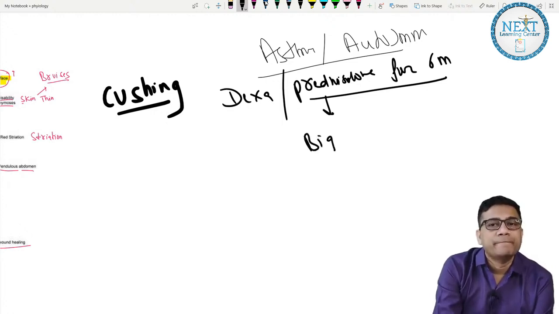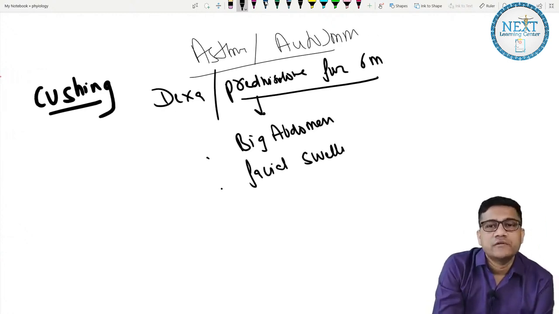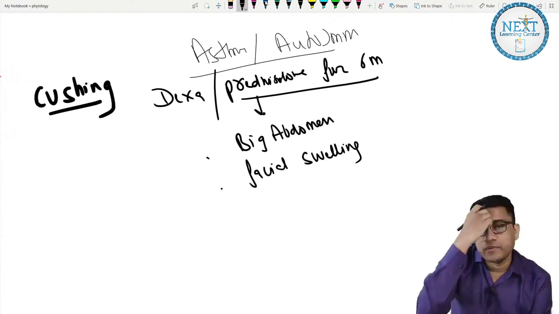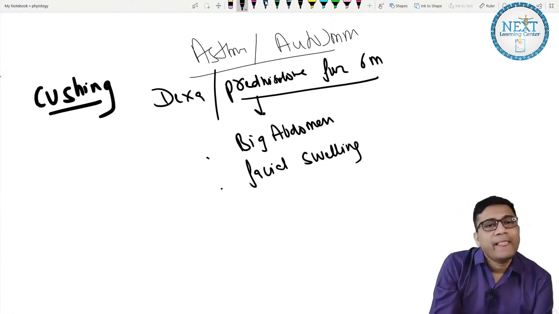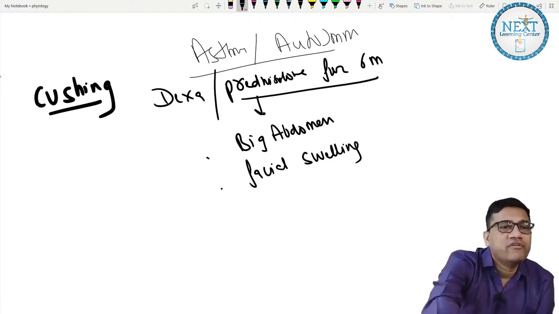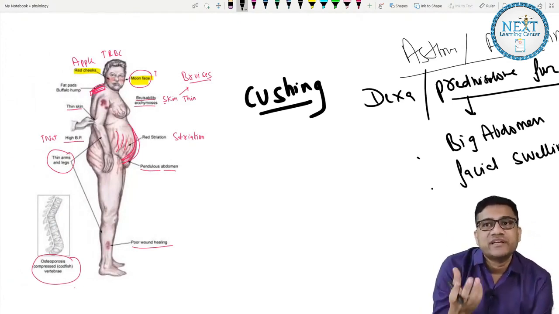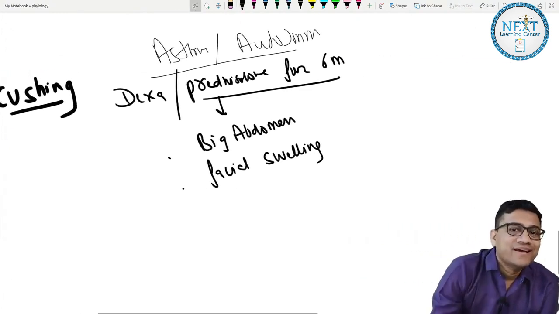abdomen and facial swelling. He says his face looks bloated, facial swelling. Okay, so big abdomen, facial swelling. Okay, clear? And maybe they give other features of Cushing, like they say the striae are formed on the abdomen. They might give striae, or they say his skin is very weak. Whenever someone touches it, it ruptures very easily. That is, bruises occur, ecchymosis.